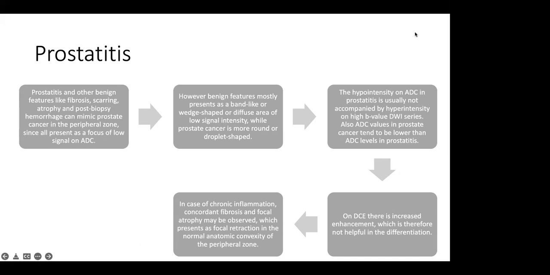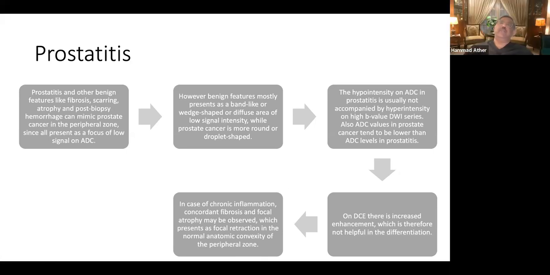Versus this: hyperintensity, encapsulated appearance, well-defined margins, no changes on the DWI sequence, just mild hypointensity on ADC. Whether the location is the central zone or the peripheral zone, the wedge shape or band-like appearance and no changes on DWI are likely to be inflammatory changes, versus the one we discussed for cancer.